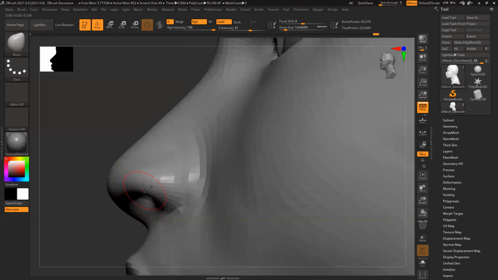Nostril is clearly visible. The tip is not here, somewhere there, because the nostrils are slightly visible. Shape is different. Nose.